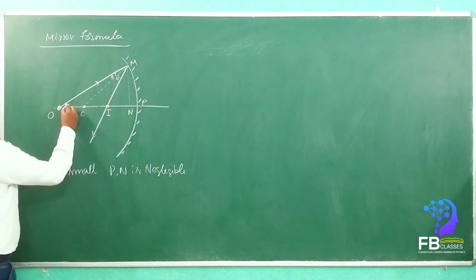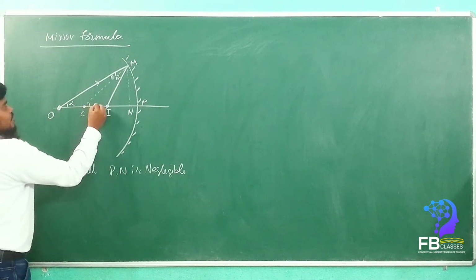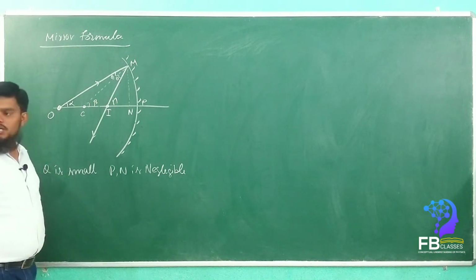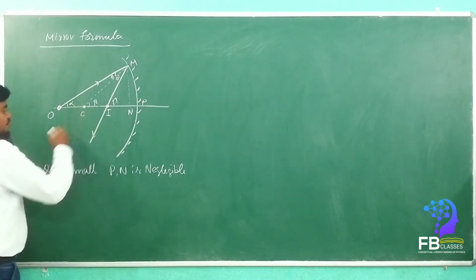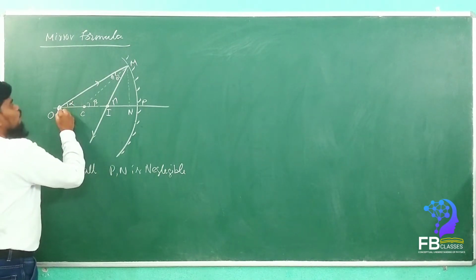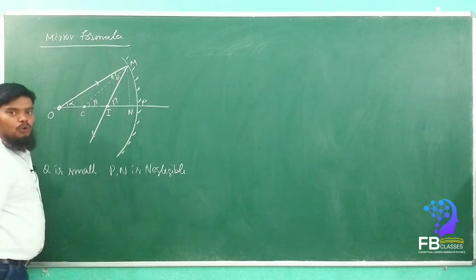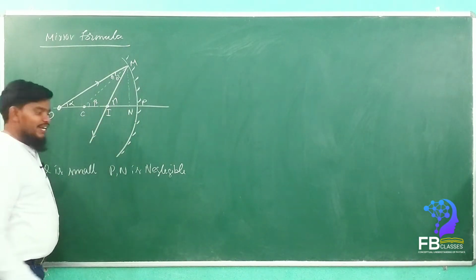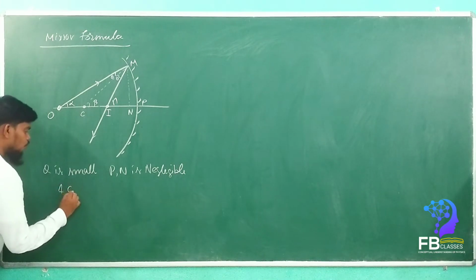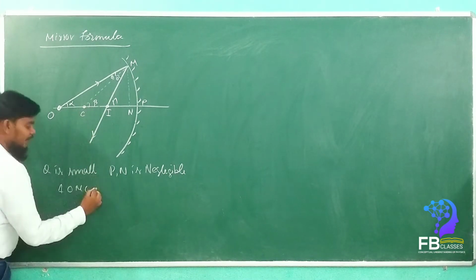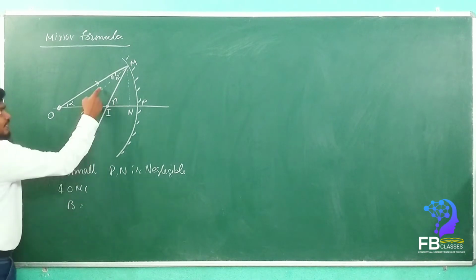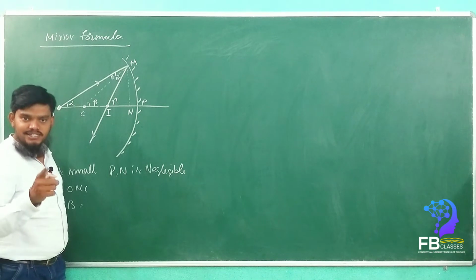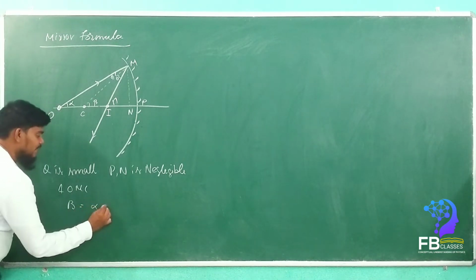Now see here, consider this is alpha, this is beta and this is gamma. Are you getting my point? Yes, sir. From the triangle OMC, we are going to write the exterior angle. In triangle OMC, the exterior angle beta is equal to how much, my dears? Sum of the opposite interior angles. Yes or no? Yes, sir. So it is alpha plus theta.